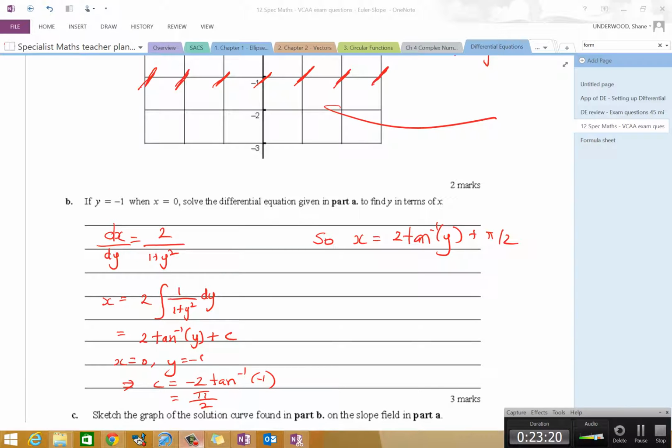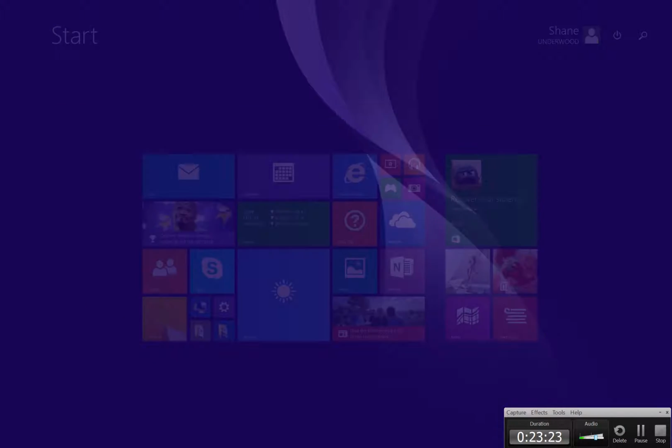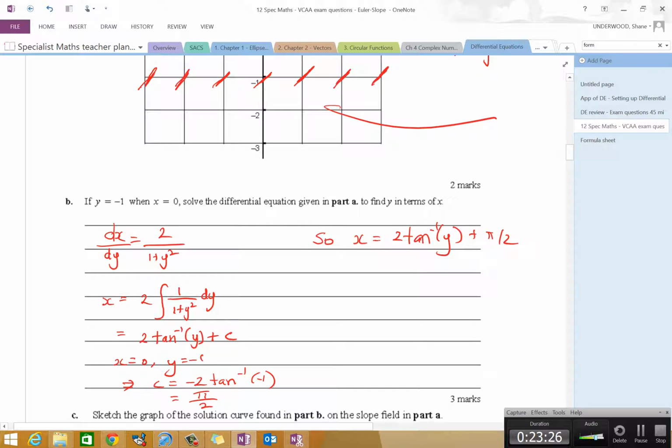Okay, now, remember though, if we're solving a differential equation, what does that mean? We want y in terms of x, don't we? So what we're going to do is remember that the inverse can be reversed, if that makes sense. So what we're going to say is that we've got x minus pi on 2 is equal to 2 inverse tan. Now you probably should use an uppercase T. That's not a problem. And then what we're saying is that therefore y is equal to, I'm going to divide both sides by 2,